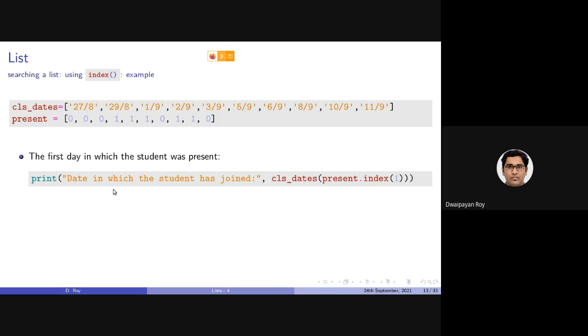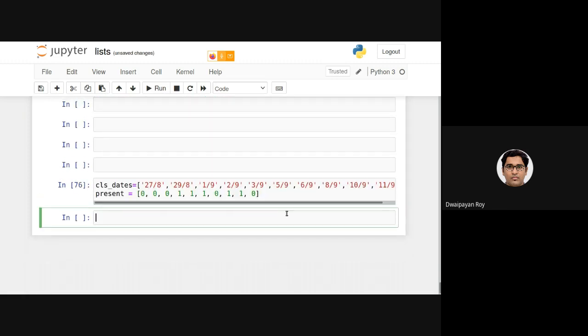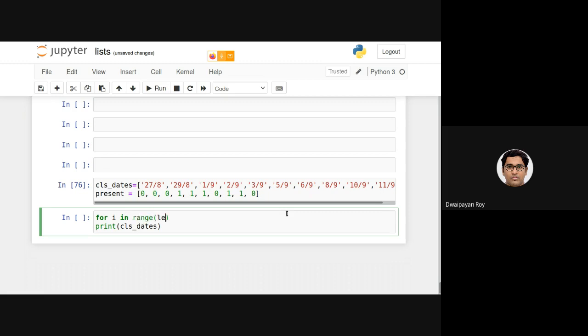Now let's write this portion, and make it a bit easier to understand. So for i in range, len of, say, class dates, which can be used as class states.